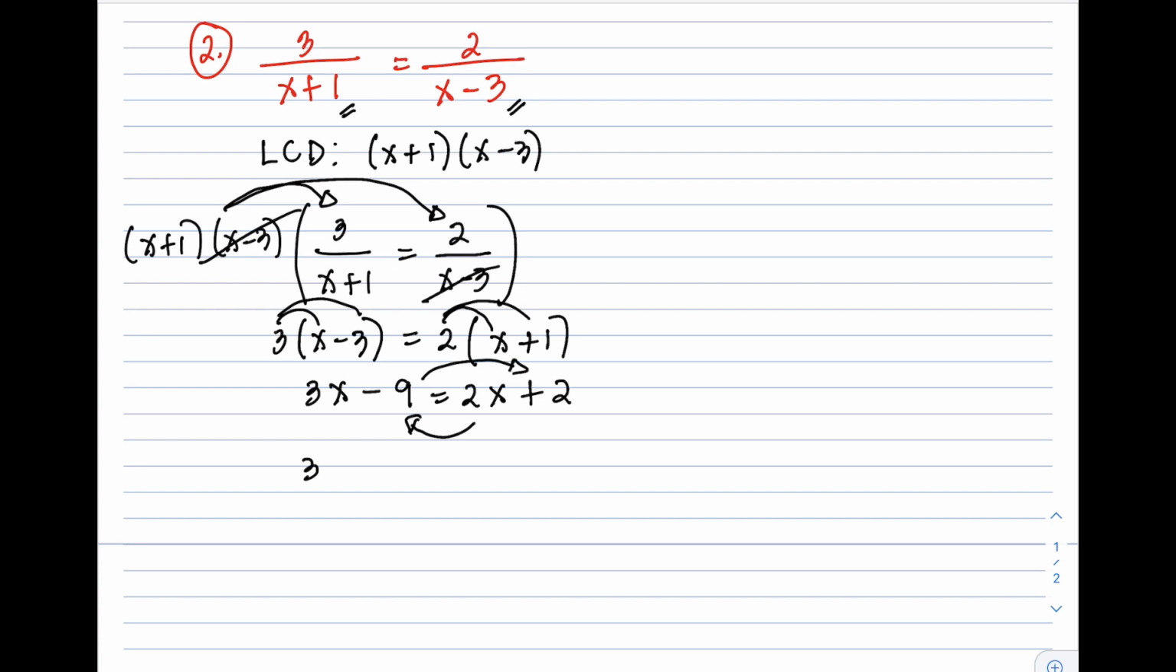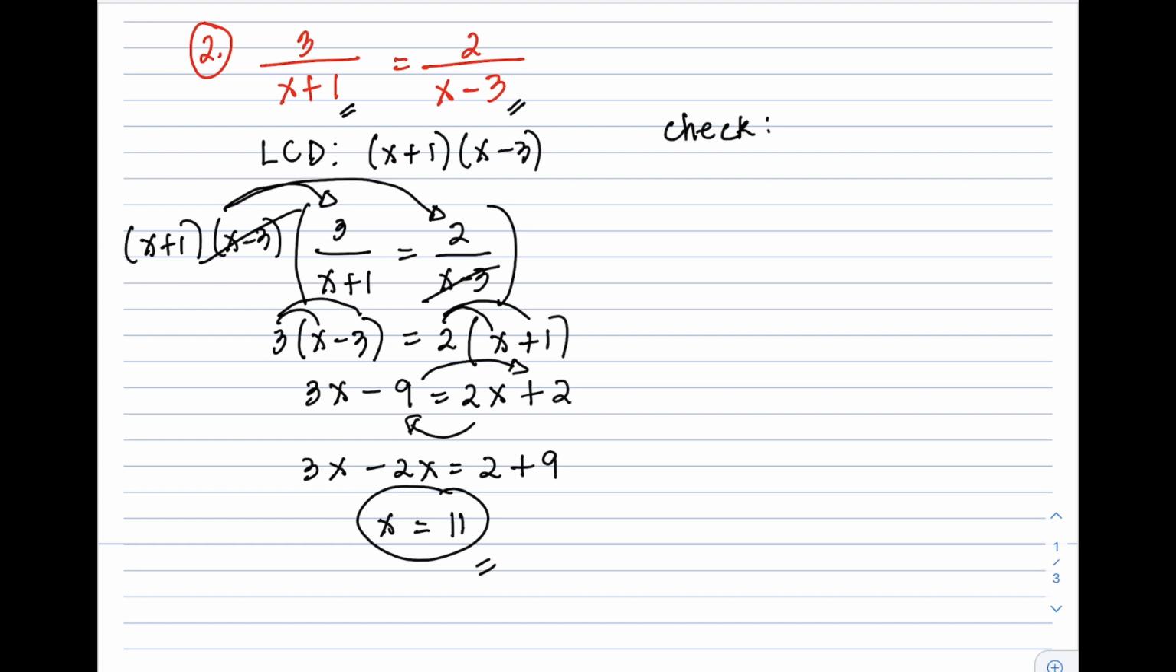So, we have 3x. So, yung 2x, pag nilipat, we have negative 2x. Then, si negative 9, transpose natin doon. And that is positive 9. Combining like terms, we have x equals 11. Okay? Then, after natin makuha si x, we need to check kung talaga bang solution si 11 dun sa ating